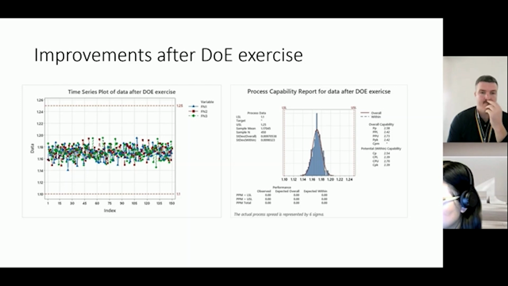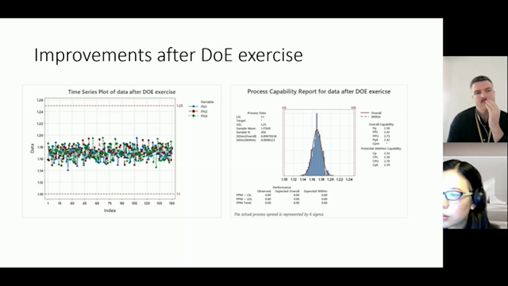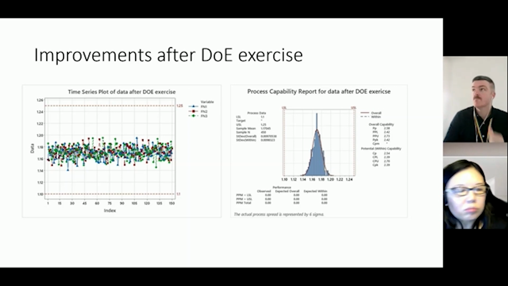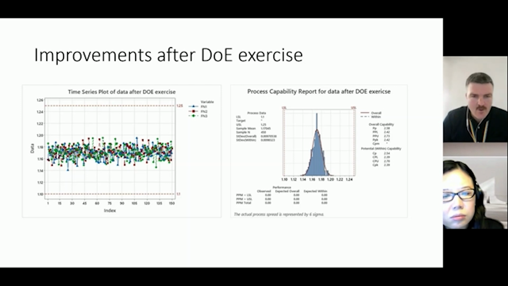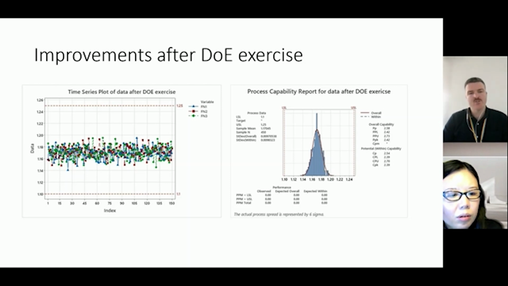Well, since the process has improved quite a lot, is there any way that maybe you can have a look at the process and see if there's other ways where you can reduce the costs, or see what else you can improve? That's a really good idea, because there's potential. We're very comfortably within the specification, so